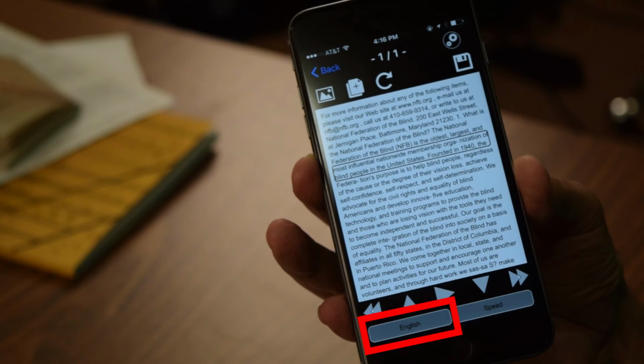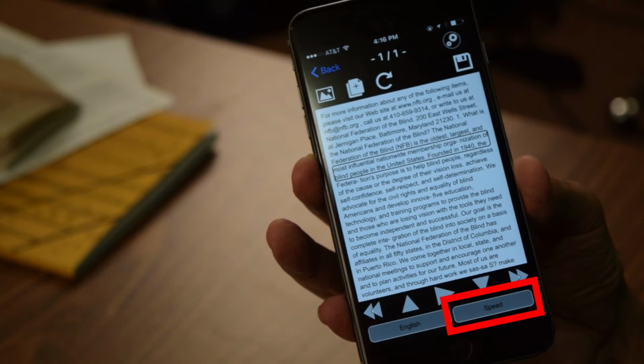Document language. Button. You can change the document language. So if for some reason it is a Spanish document, again, it won't translate the text, but if it is a Spanish document and the reader was set to English, you could set it to Spanish to read it in Spanish. Speed.